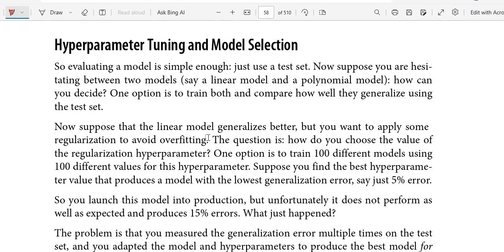Now suppose there is a linear model that generalizes better, but you want to apply some regularization to avoid overfitting. The question is, how do you choose the value of the regularization hyperparameter? One option is to train 100 different models using 100 different values of the hyperparameter. Suppose you find the best hyperparameter